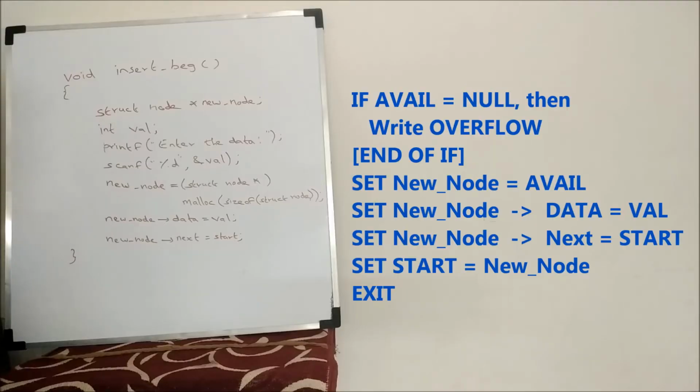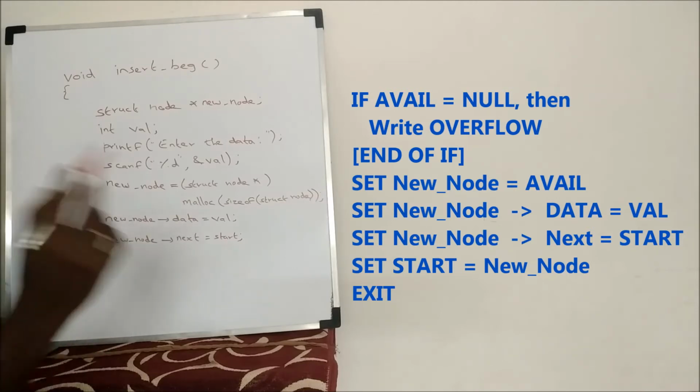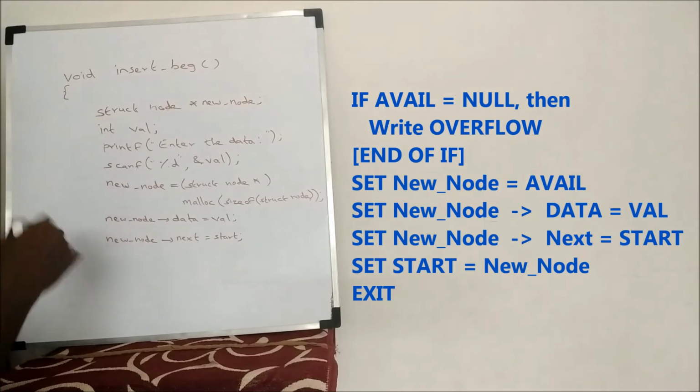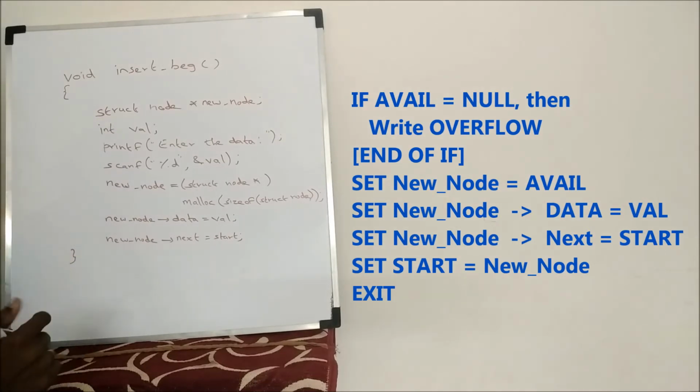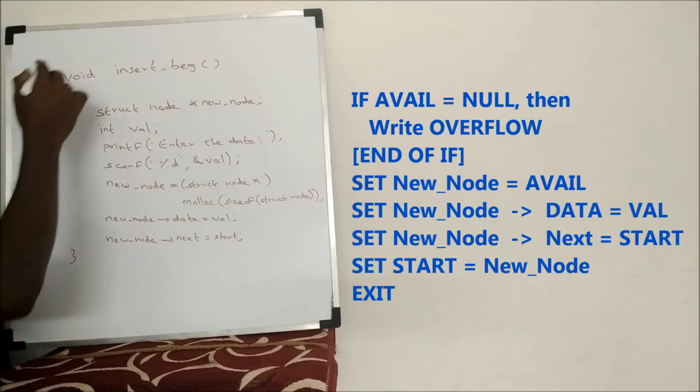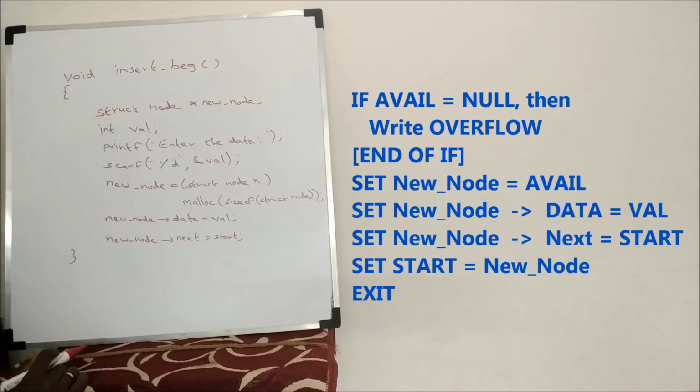Next we are going to see how to define the function. There are 8 functions in this singly linked list program, from creation to deletion at the end. For sample, I am going to convert the algorithm into C code for 2 functions. One is insert at the beginning, another one is delete at the middle. The remaining 6 you just try with the support of the algorithm given. Now this is the code for insertion at the beginning.